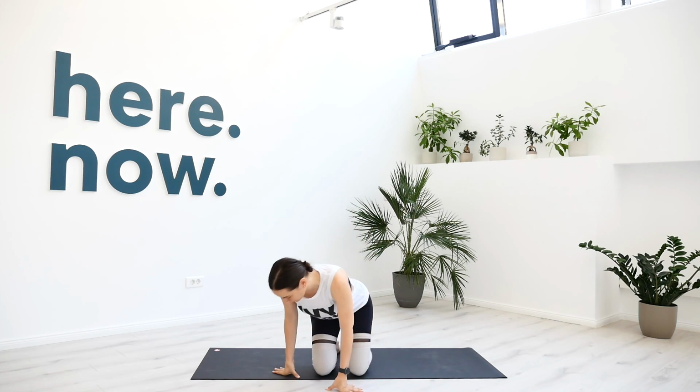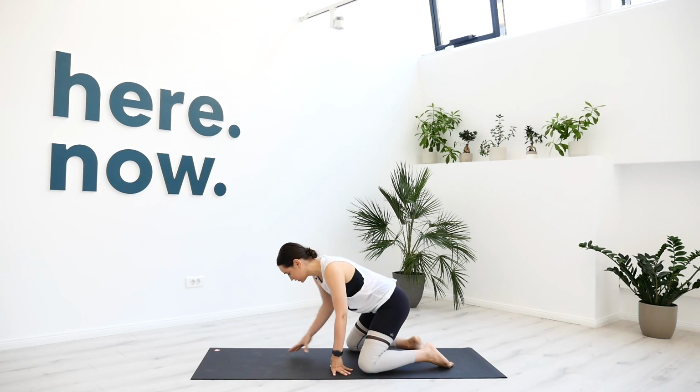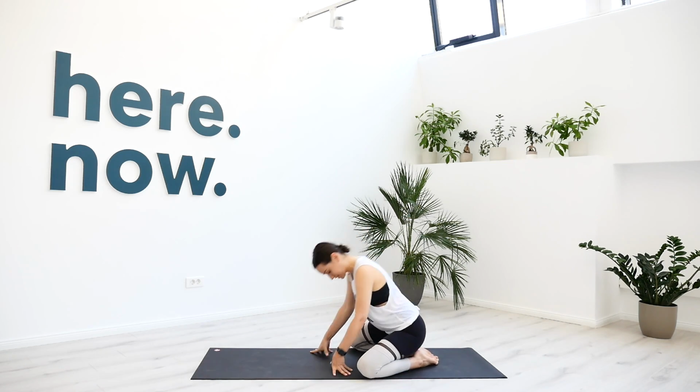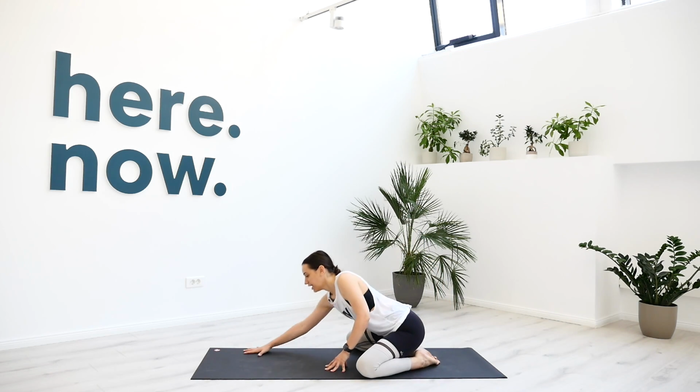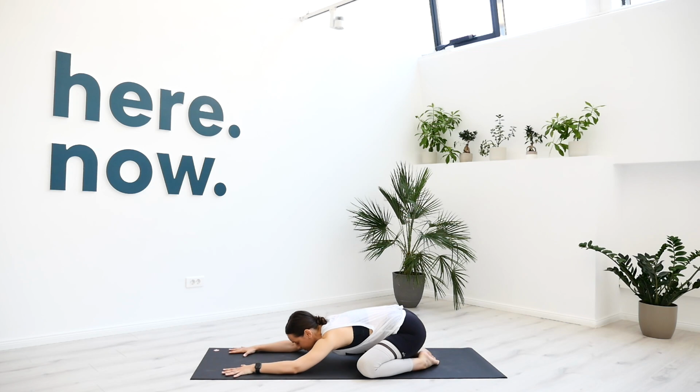Day 3, you've already created a lot of energy. And I know you're already feeling good. I feel good. So let's start in child's pose. Okay? Knees as wide as the mat, big toes to touch. And then extend your arms above the head. Place the forehead on the mat, and together let's take a deep breath in